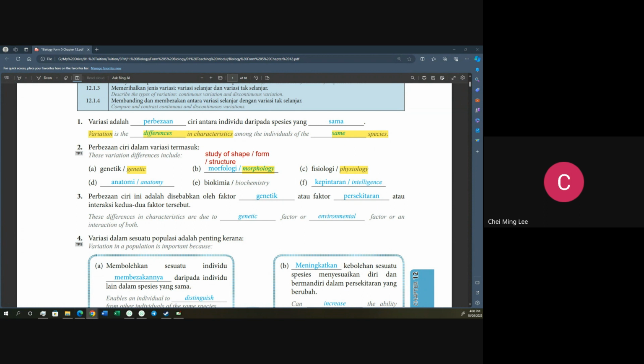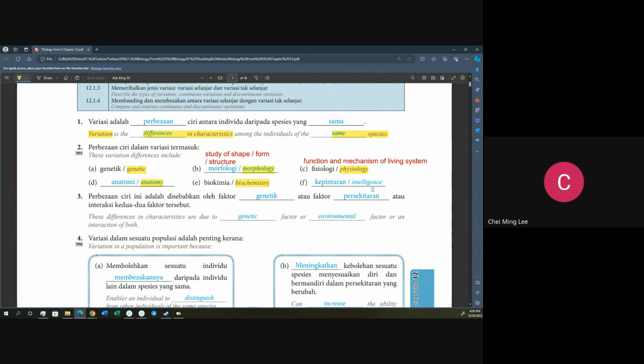Okay, so physiology is the study of, we sometimes call this the science of life, or we can say it's a study on the functions or mechanisms in the living system. So we are talking about the study on the function and mechanism of living system. Okay, and then anatomy.